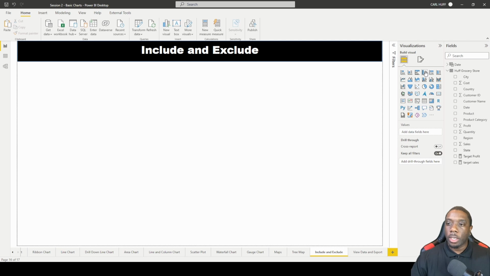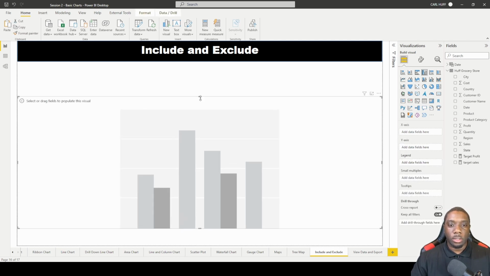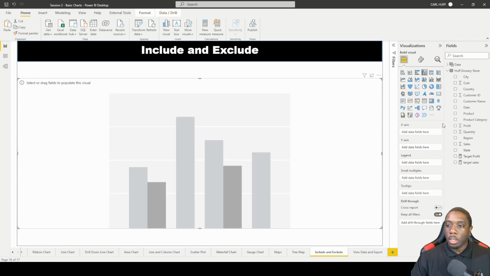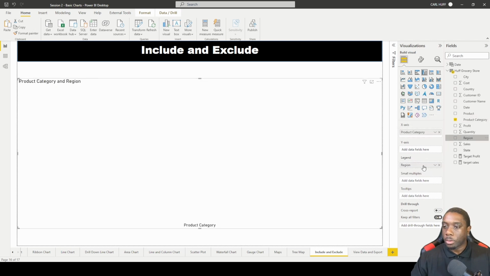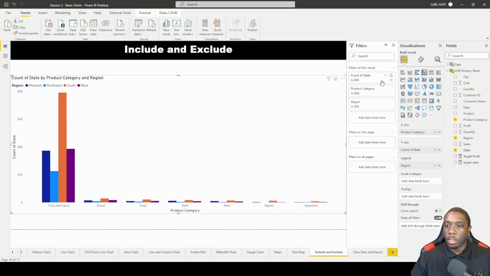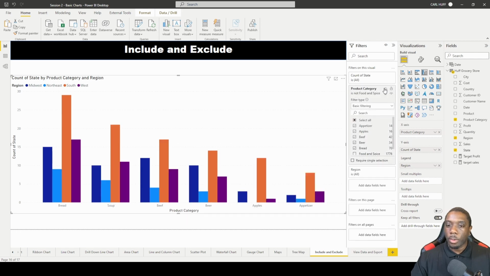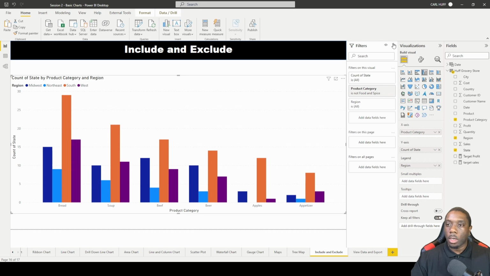So in order to do that, let's just add a simple chart. So we're just going to add this chart right here, this column chart. And what I want to add is, so region is going to be that. That's going to be that. Let's go to our filters and let's change. I'll have to do this one because there we go. All right, so now